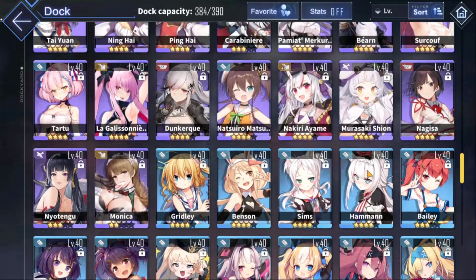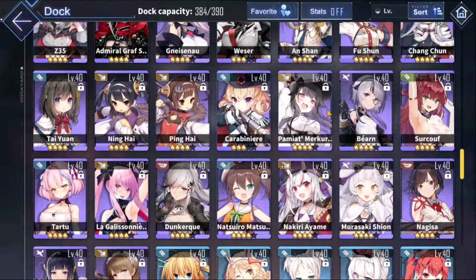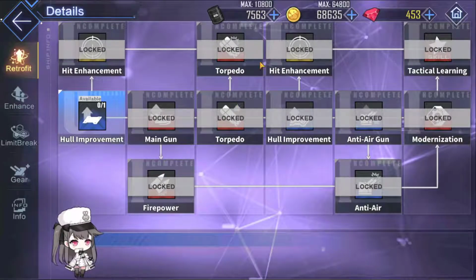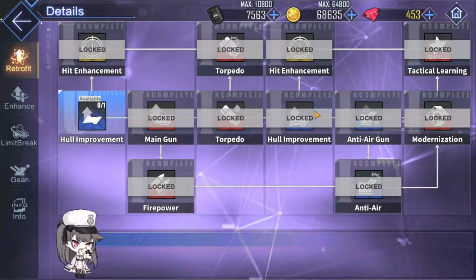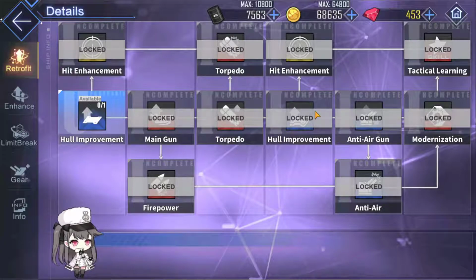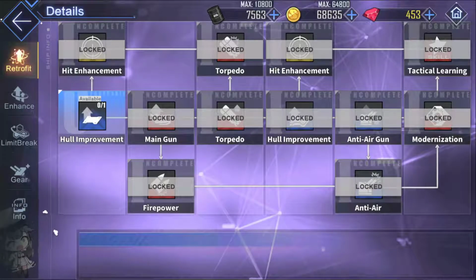They've given her a plus 45 buff to her damage. There she is right here. So she now has retrofit capability. So this is definitely something that you want to do. Okay, she's got more HP and she gets anti-air and a plus 45 firepower. Okay, so this gives you greatly improved damage output, and it's going to make her pretty much the best light cruiser in the game. And the reason is